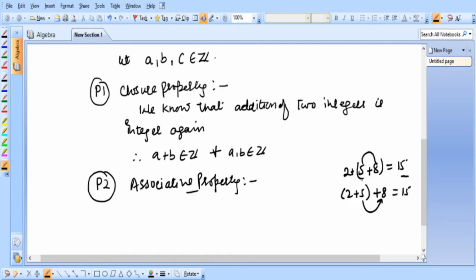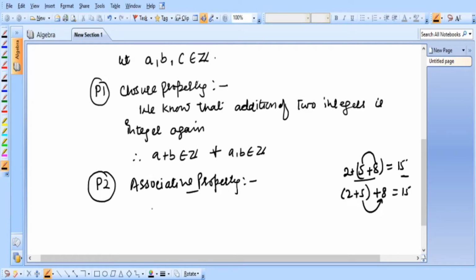Okay, it seems like it would be true for each and every operation, but it's not like that, right? As in the case of subtraction, this is not true. It is true in the case of integers and addition. When the operation is addition and the set is integers, it would be true. But when the operation is subtraction and the set is integers, then this property is not true, right? So therefore you can directly write here.